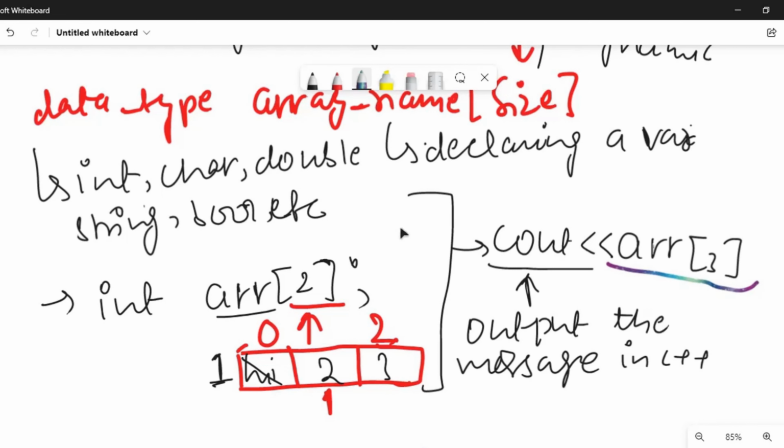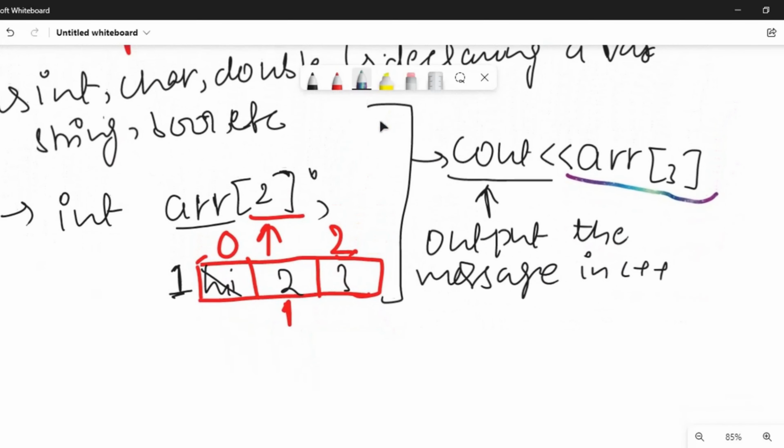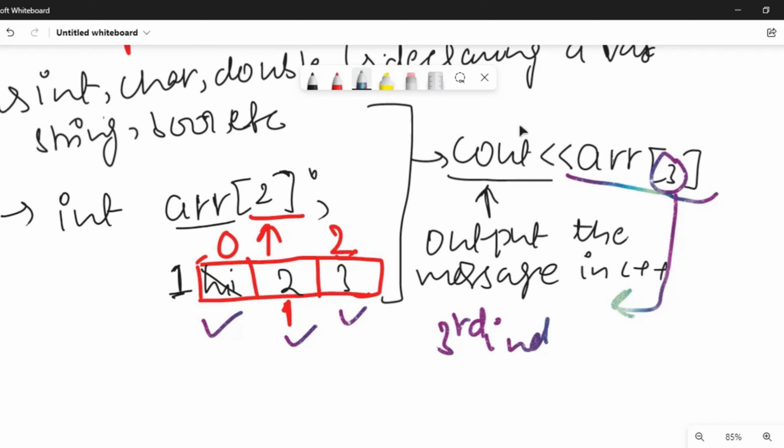You may tell me that actually we have 3 values here. If you can see, this one is the first value, this one is the second, this one is the third, and I'm trying to access the third value. But no, that is not the concept, because here you are not accessing the third value, actually you are accessing the third index. Whatever is mentioned inside this argument is actually the index value. So here the index is only up to 2, which means I'm going to get an error,